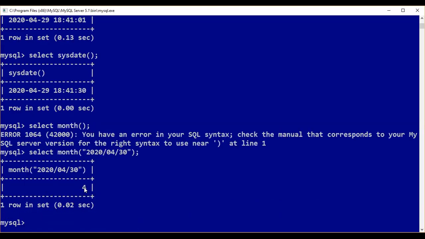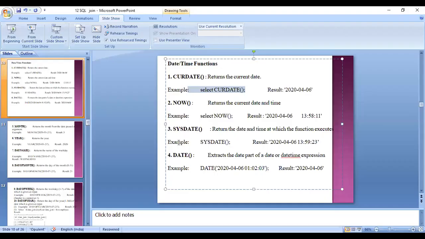See here, this is a 4 month. So always you have to put it in double quotes. Date should always be enclosed in double quotes and separated with a forward slash or hyphen. So date, sysdate we have done. And next,